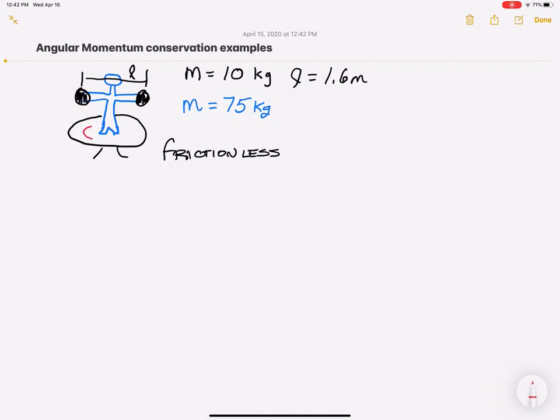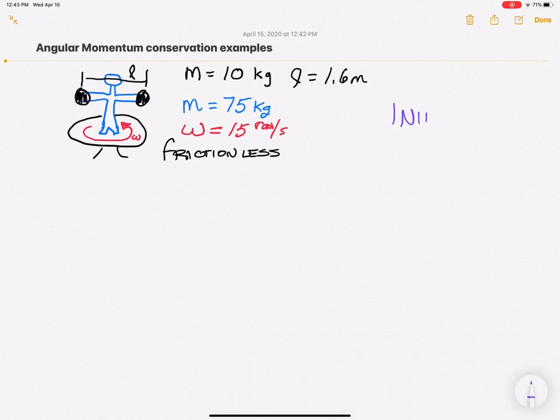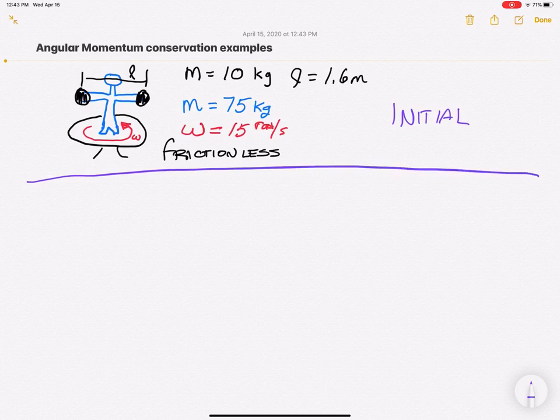We want to give the disk a rotation. So let's go 15 radians per second initially. And all of this is our initial condition. And then we go to our final condition,